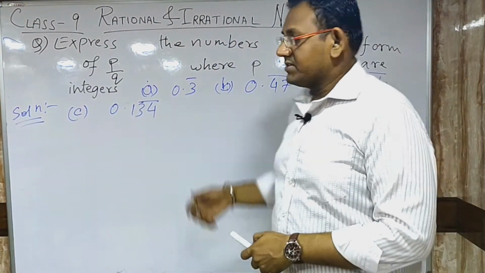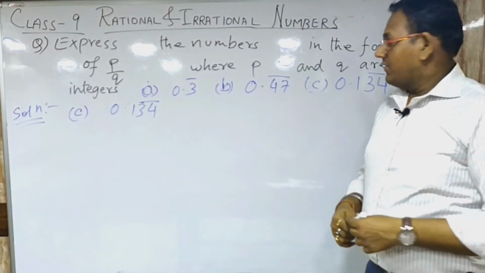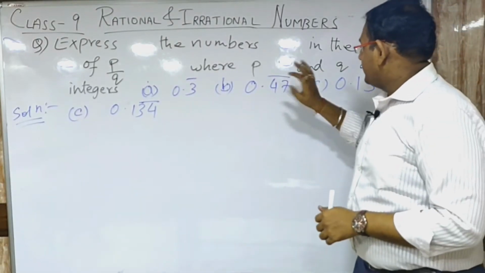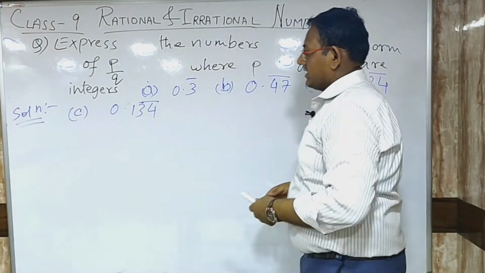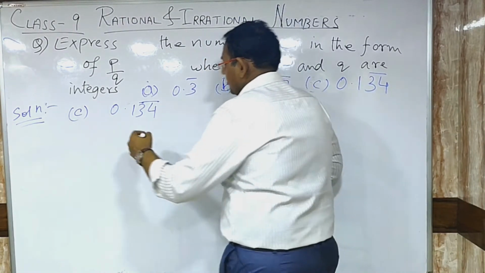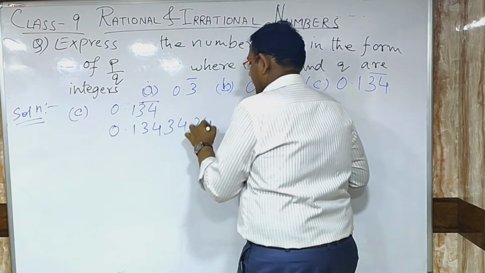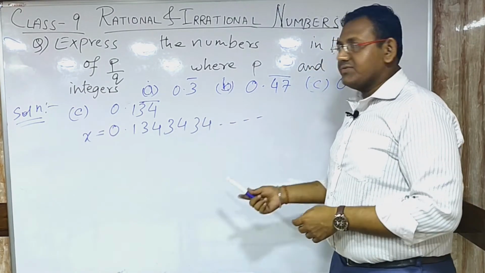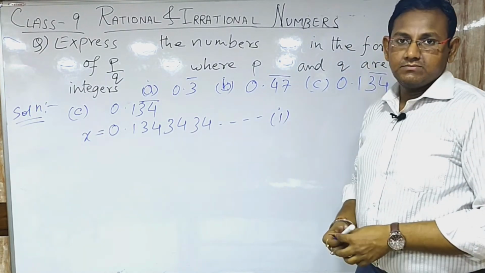Now let us start discussing the third one. In the previous example we understood that if we simplify this one, we will have to multiply this by 100 because there are two decimal places, and we have two recurring numbers. So what will happen in this particular case? Since we are getting 3, 4, the first step is to represent this in the expanded form. That means to represent the recurring number in its original form. We will consider this one to be x as we have already done in the previous lecture, and we will consider this one to be equation number 1.